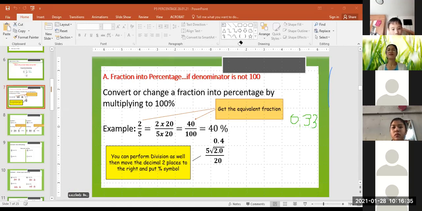In this case, we have fraction into percentage. So how do we do that? If we have 2/5,